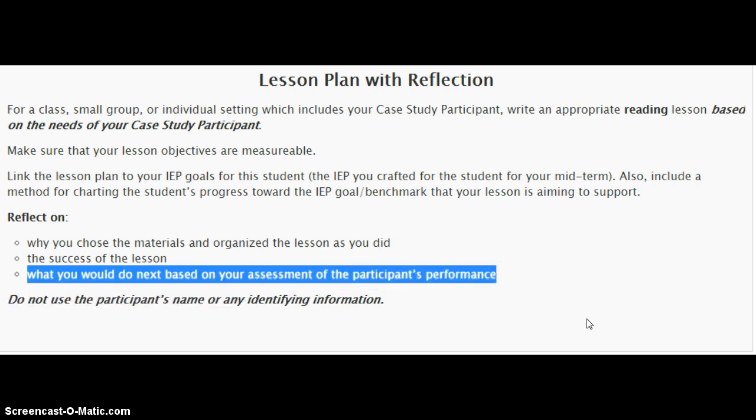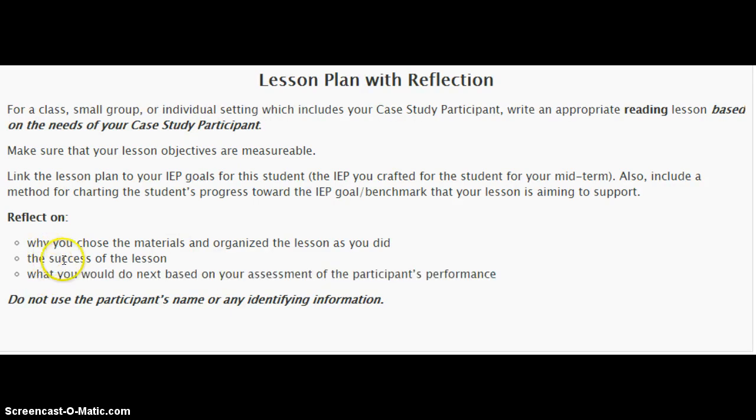This is going to be a really easy one for those of you who actually got to teach the lesson. If you didn't, I want you to take back here where you supposed an area that the student would struggle in based on what you know of the student. So let's say the lesson was on decoding and you taught them to skip a word and go back to it once you've got the fuller context of the sentence. Maybe you know that student takes several repetitions of a concept before they get it solid. And so you would say, in my next lesson, I would revisit this skill and you're going to tell me